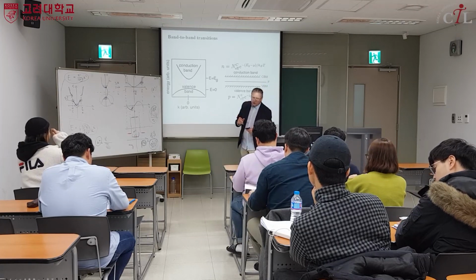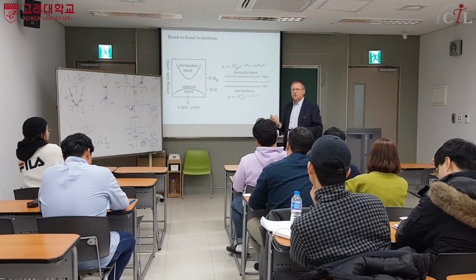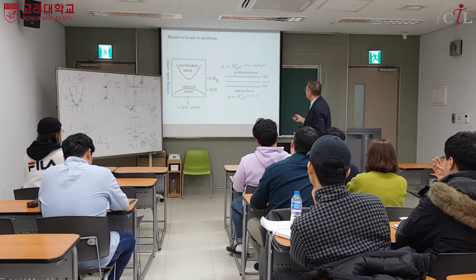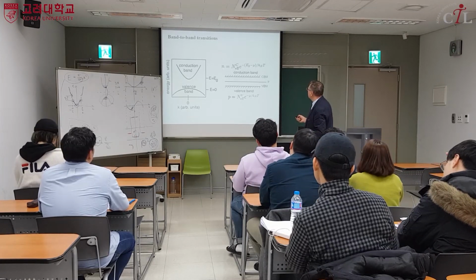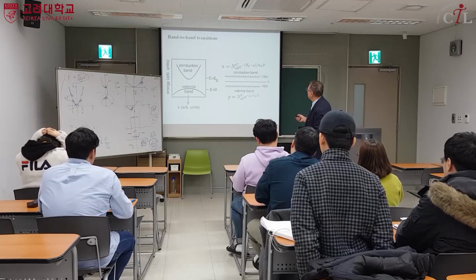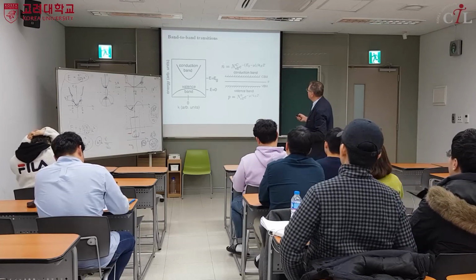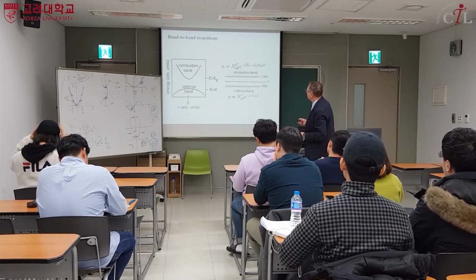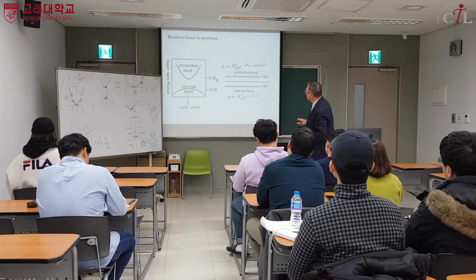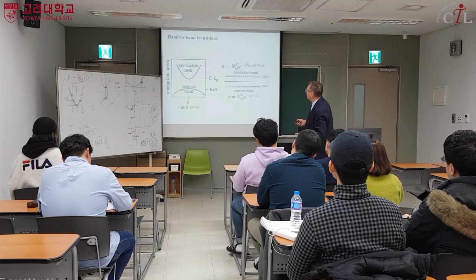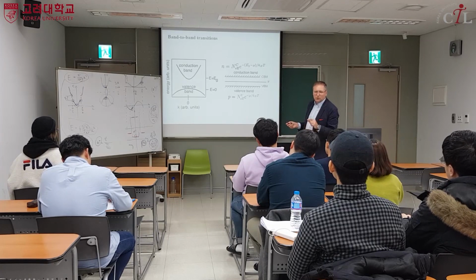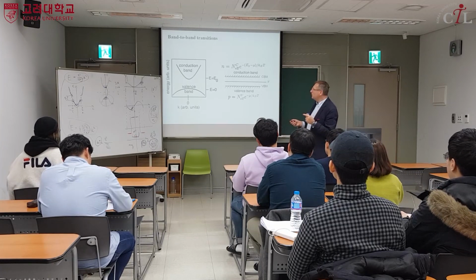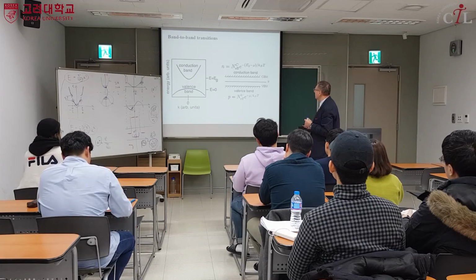Let me ask you a question. Why do I say almost in the middle of the band gap? So let me put it like this. If you have a pure semiconductor, the amount of free charge here and the amount of free charge there should be equal, because there should be electron neutrality, electrical neutrality. But